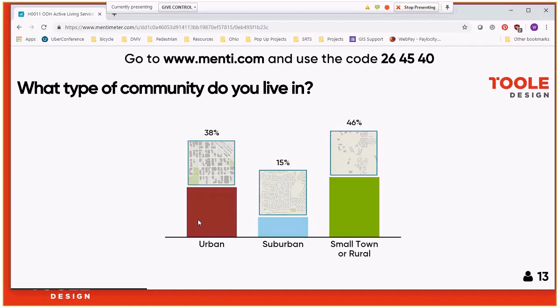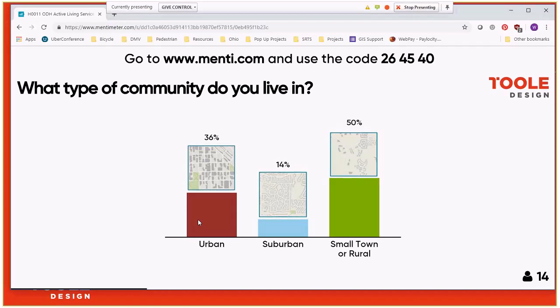All right. Looks like the numbers have evened out here. We've got a good mix. We've got about half the audience is in a small town or rural area, a little over a third joining from an urban area, and 14% from a suburban location. So the next part of this presentation will go further into the definition of small town or rural. And I think that some of the things that we'll talk about today also apply to suburban jurisdictions, particularly ones that are growing and changing and maybe right next to a small town or rural area.